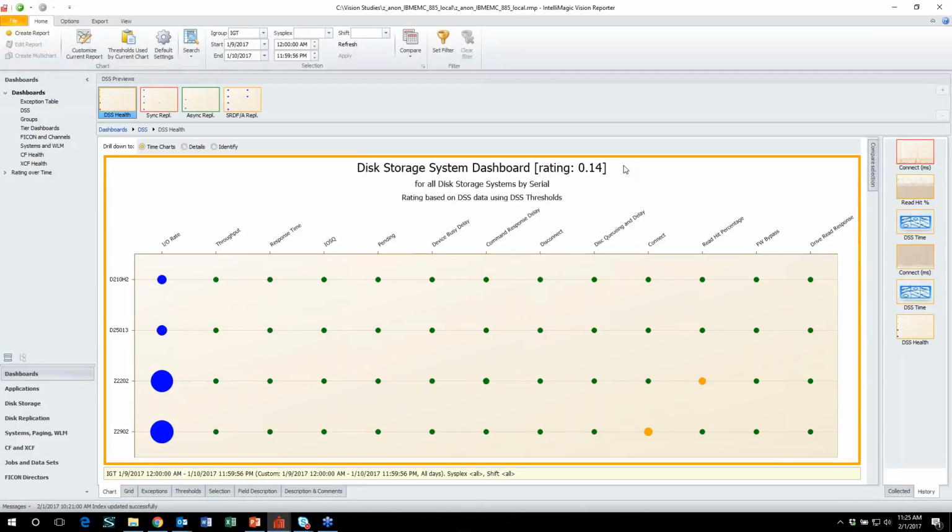The size of the dot is proportional to the severity of the warning or exception. You also notice a couple of blue dots over here on the left. For example, I/O rate, we have blue dots because we really don't have an opinion about a high or low I/O rate meaning anything. It's really there just to show you the intensity of the I/Os. There's no health associated with a high or low I/O rate. These other metrics, though, up here at the top, all have health associated with them.